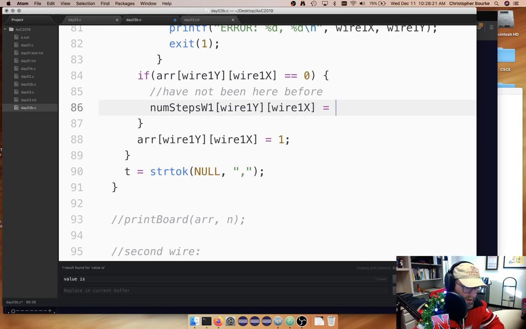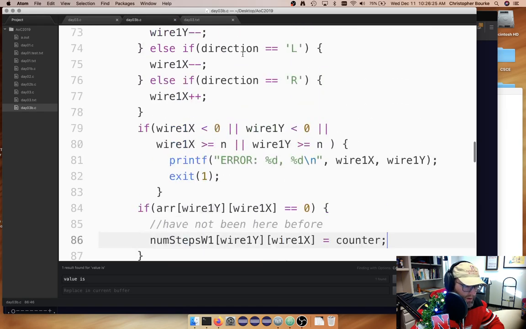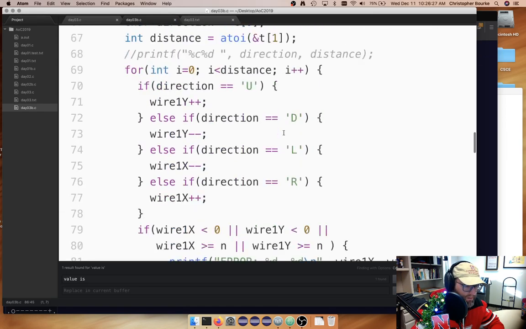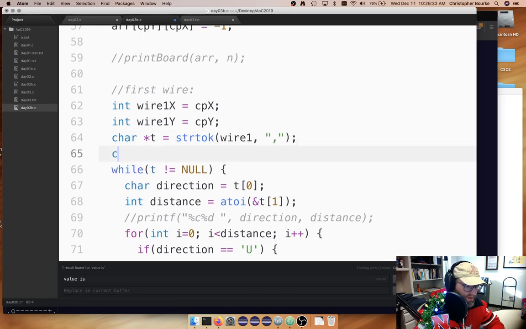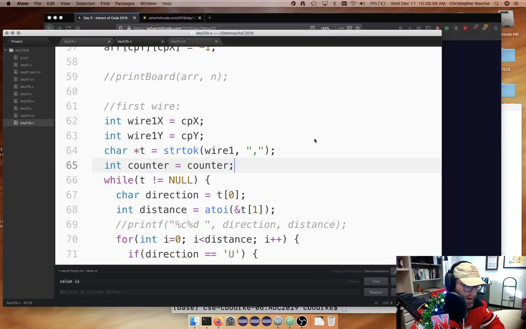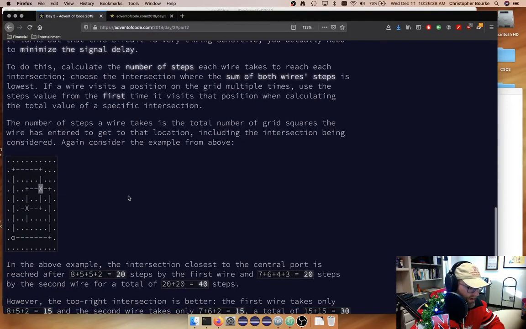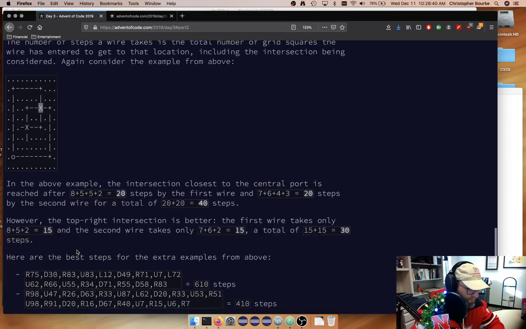We've not been here before, so I'll go ahead and timestamp that with a counter. Now I'm going to need that variable, of course. That counter would have been an integer. And let's go back and understand how many time steps it took. So let's see,